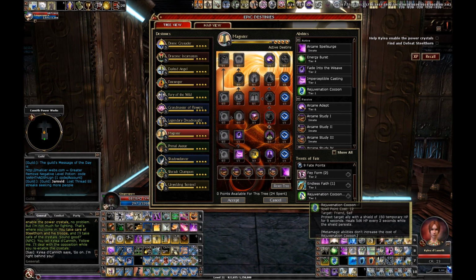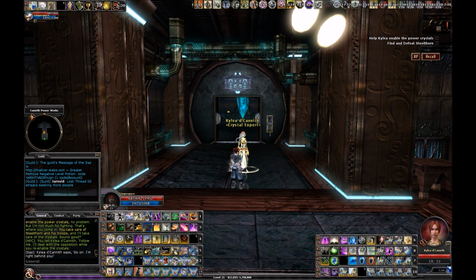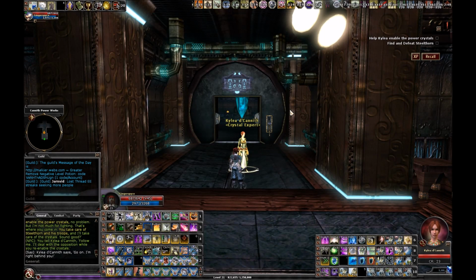And then Rejuvenation Cocoon, this is my primary healing thing right now. I have heal scrolls too. And it's a little tight, but when I played Voodoo as a pure drow sorcerer, that's all I used on her, and it was fine. It's not the greatest in the world, but